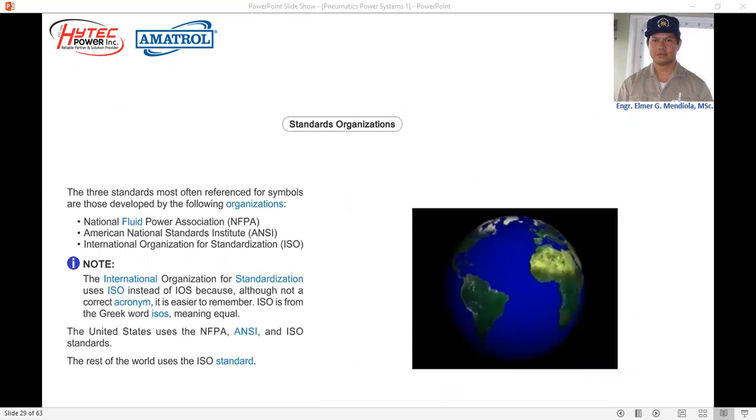When it comes to symbols used in the schematic diagrams, there are 3 standards used, which were developed by the following organizations: the National Fluid Power Association, or NFPA, the American National Standards Institute, or ANSI, and the International Organization for Standardization, or ISO. Note that the International Organization for Standardization uses ISO instead of IOS because it's much easier to remember. ISO is from the Greek word isos, meaning equal,